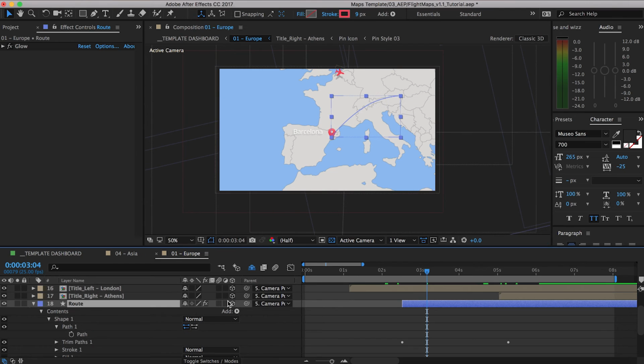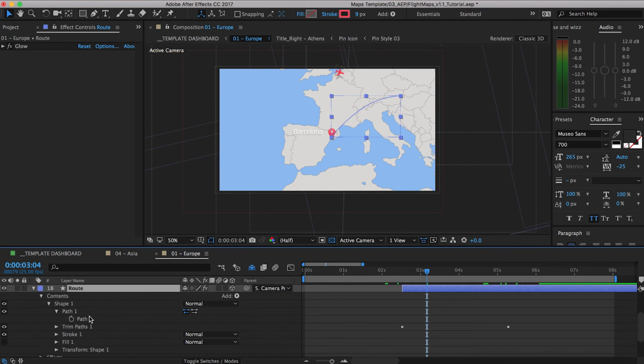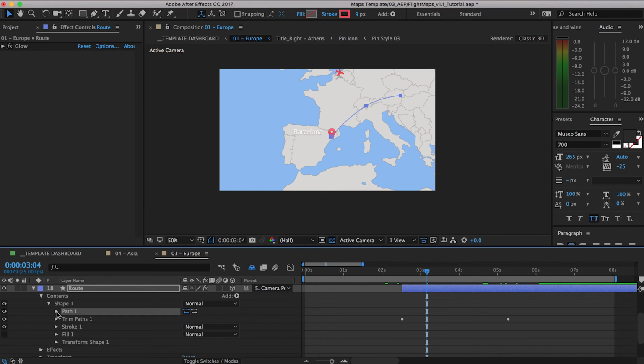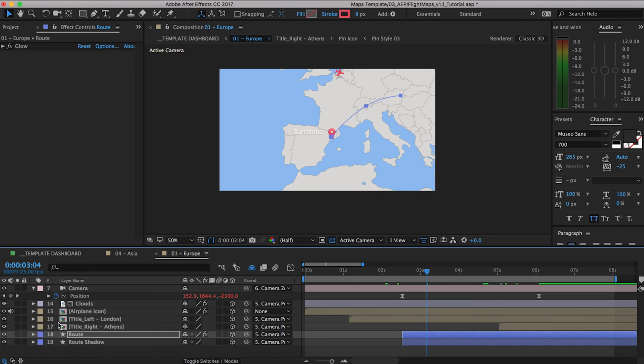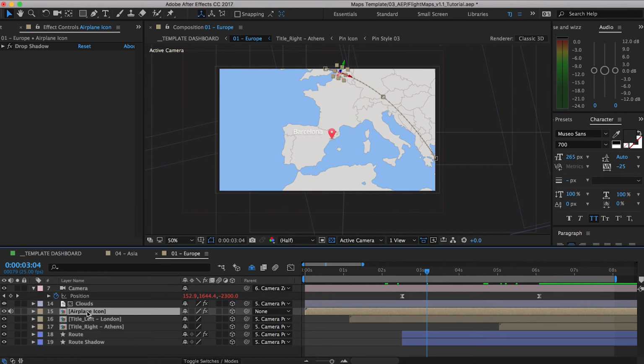To do that, I select our route layer, expand its properties until I find path. I now click on this little stopwatch icon over here to add a keyframe. I select the keyframe and go Control C or Command C if you are using a Mac, and then I turn that keyframe back off. Okay, so we can close all of this and now go to our airplane, press the U key to expand